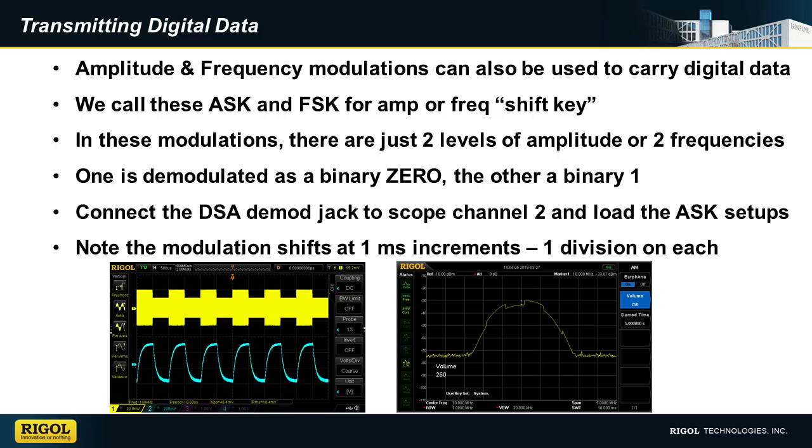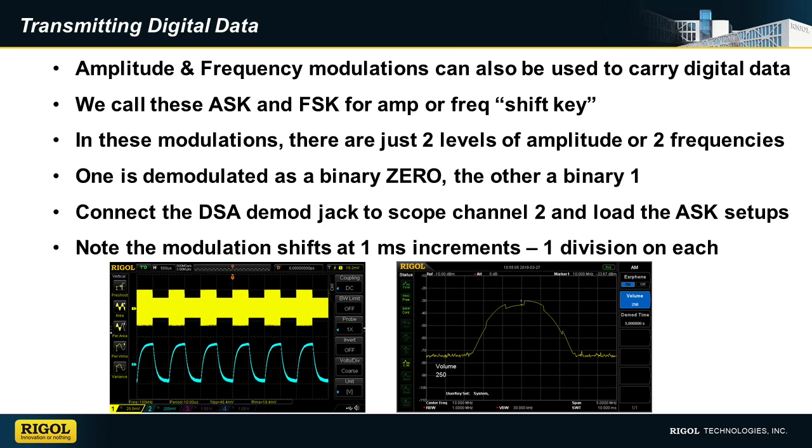So let's summarize that digital data transmission that we just looked at. We used two types of modulation, an amplitude shift key and a frequency shift key. In these modulations, there were just two levels: in one case, two levels of amplitude, or two frequencies. One is demodulated as a binary 0, the other a binary 1. We connected the DSA demod jack, and then we could see both the signal and the demodulated ones and zeros